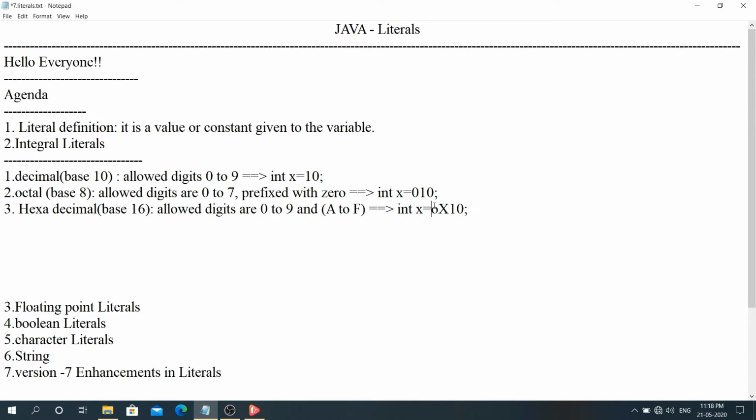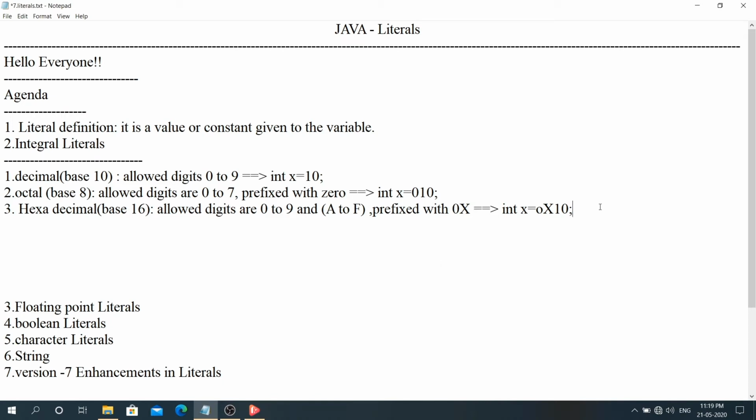It should be prefixed with 0x to represent a hexadecimal number, and the x can be lowercase or uppercase, there will be no problem.